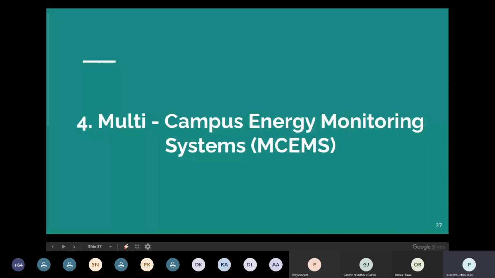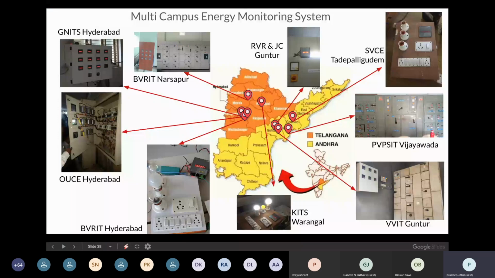Then they were interested. Similarly, my PhD student went to his hometown, then he went to his college, and he presented to that college management. So slowly the campuses were interested, and everybody said that we are also interested. We would like to install this in our system. So then we help the campuses. That is how it has grown. But most of the time it is within our Telangana and Andhra states. So nearby colleges, and also a little bit farther, we have installed this kind of system.